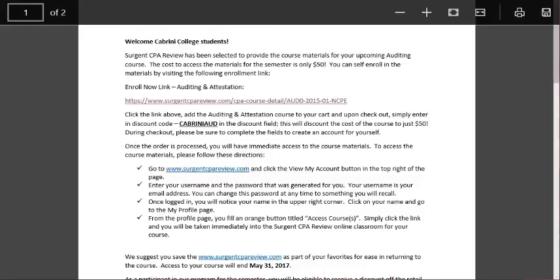So I have passed out a handout to everybody on how to sign on to the Surgent CPA review course, and this is a copy of that sign-in sheet. Now I'm also placing a copy of this sign-in sheet in the classroom, so you have a hard copy to refer to. But it says Surgent CPA review has been selected to provide the course materials for your upcoming auditing